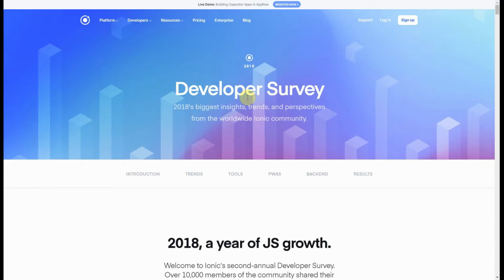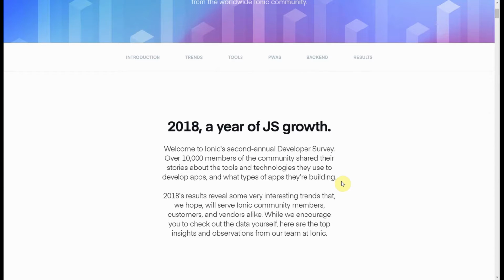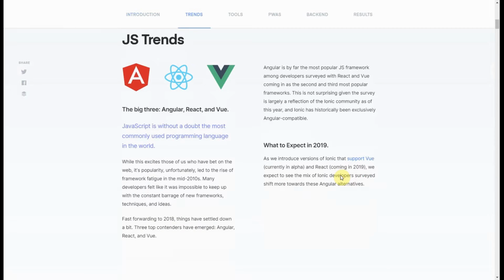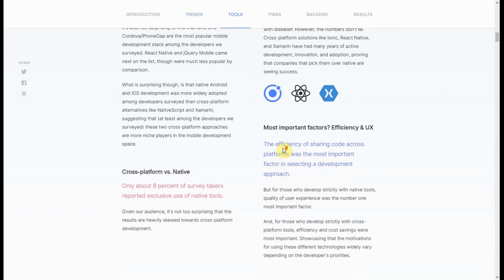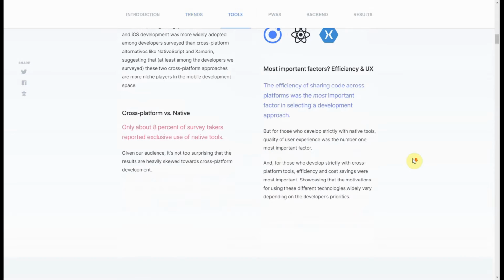Our next survey, called Developer Survey, is by a company called Ionic. Ionic specializes in building mobile apps, so their viewpoint may be a little different from the normal web developer. So let's take a look at their survey results. Top mobile tools used. According to this survey, Cordova, PhoneGap,